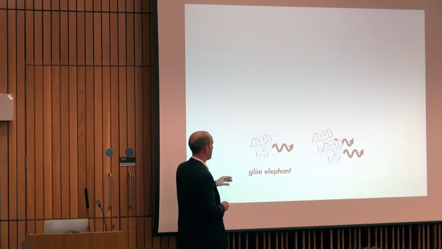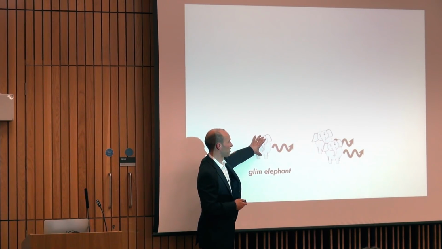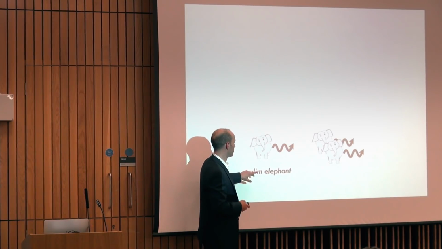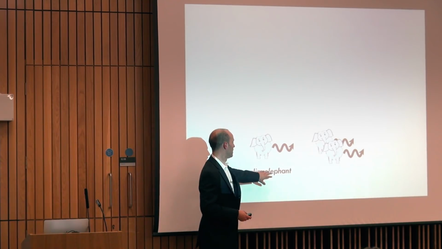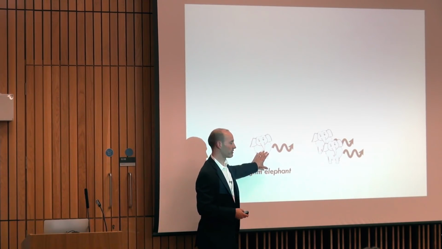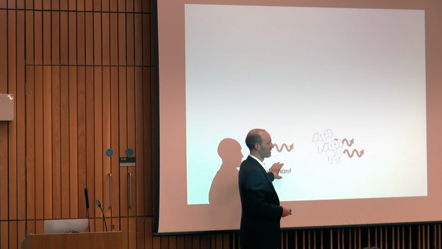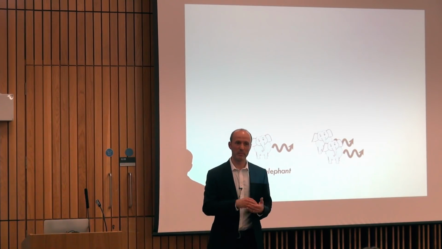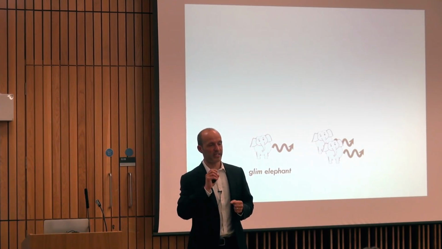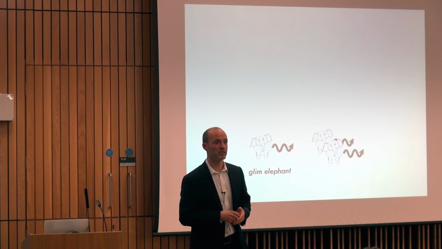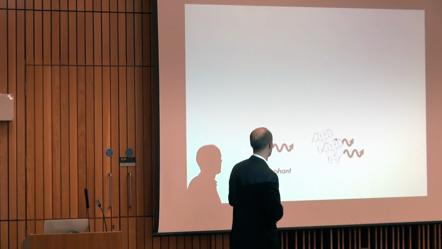So you would describe a scene like this, where there's a single elephant bouncing, using a two-word sentence. So glim, that's a novel verb, and that means bounce. And then elephant, which means elephant. Okay, so we're not interested in the learning of nouns in this experiment, so we simplify that stuff away. People are quite bad at learning new words. And in this experiment, we just used familiar nouns to streamline the whole learning process.